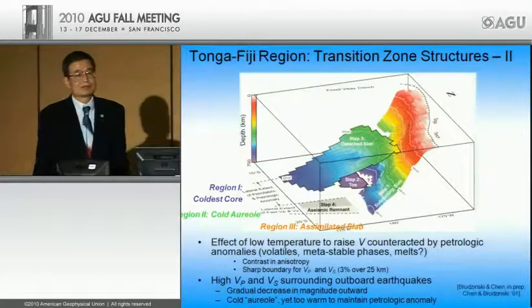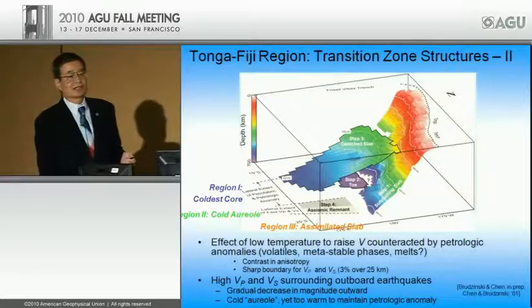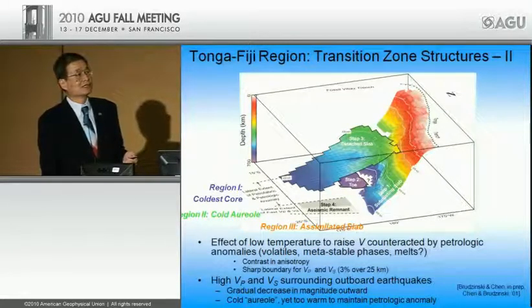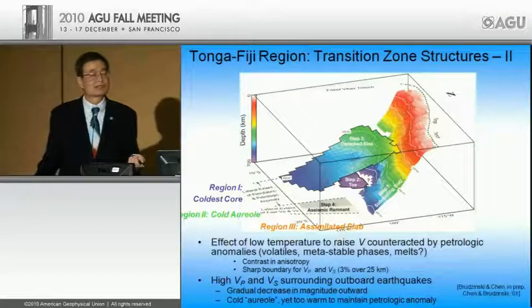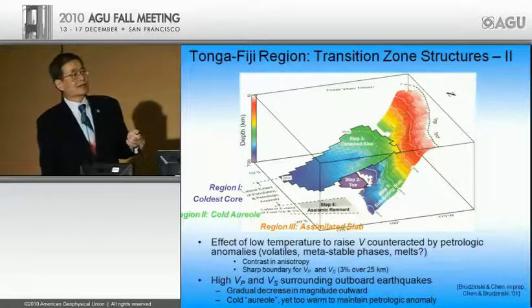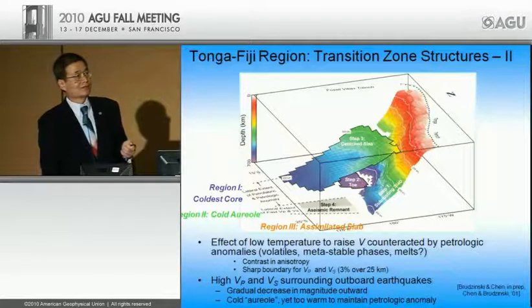So now we have a problem because we have earthquakes, yet we don't have high P and S wave speeds. And the only solution is that we need something to counteract this effect. This something is a petrologic effect. Now, the diagram here is just a 3-dimensional rendition based on the seismicity in this